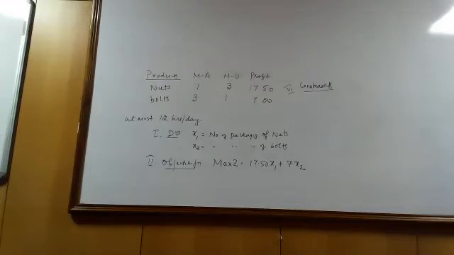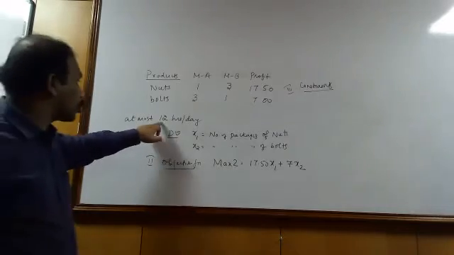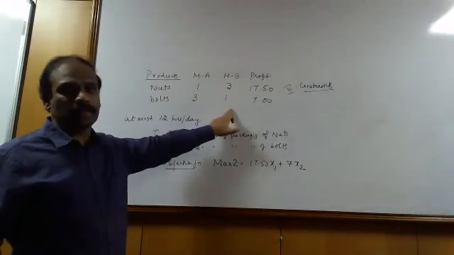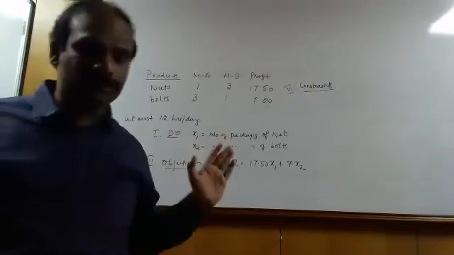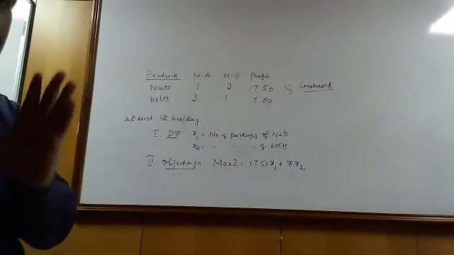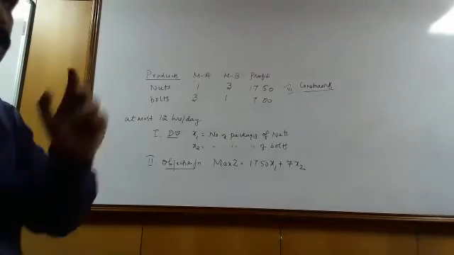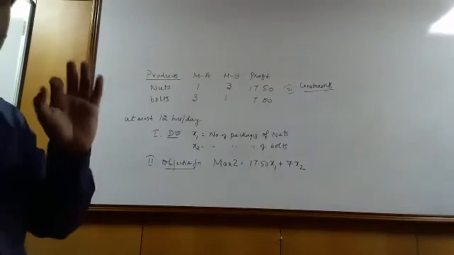Okay, 12, sir. So they've given that, please understand here, machine A and machine B can independently work for 12 hours a day. This is one thing you have to remember very clearly. At most 12 hours, you can work a maximum of 12 hours, but beyond 12 hours the machines are not available. So this 12 is common to both machine A as well as machine B. It is not combined. You have to understand it individually. Machine A separately works for 12 hours and machine B works separately for 12 hours. So for both machines, the maximum time that we can use is only 12 hours.